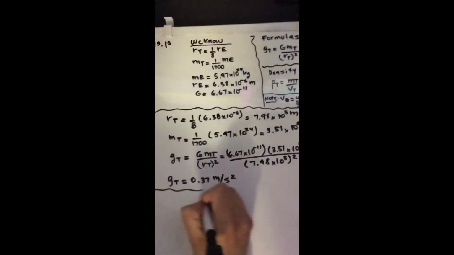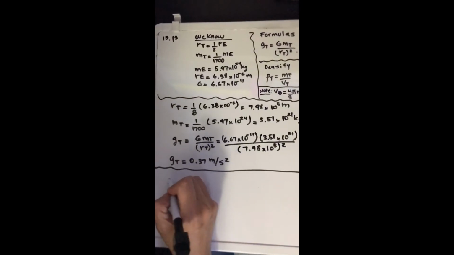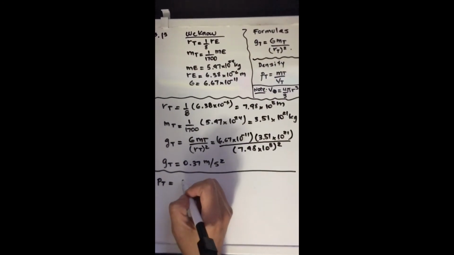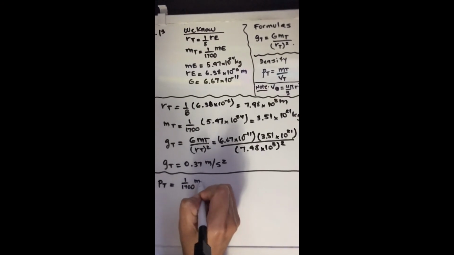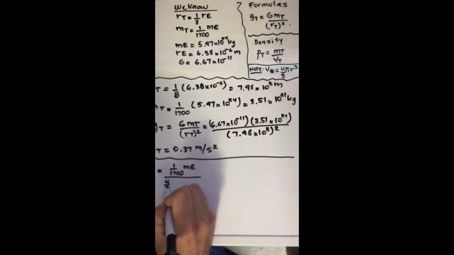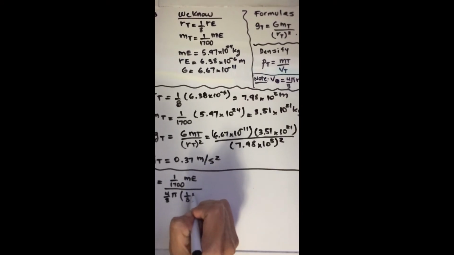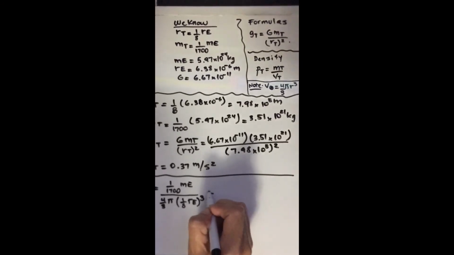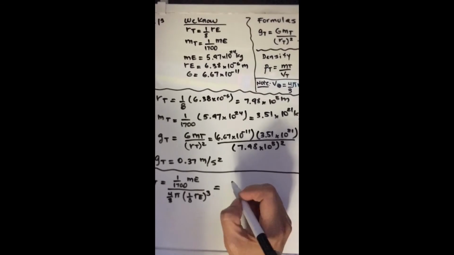Then for part B, it's asking you to find the density of Titania, which is going to be the density of Titania equal to the mass of Titania, which is 1/1700 the mass of Earth, divided by 4/3 pi times 1/8 r of Earth to the third power. Just applying the formula of the sphere accordingly. This is going to give us